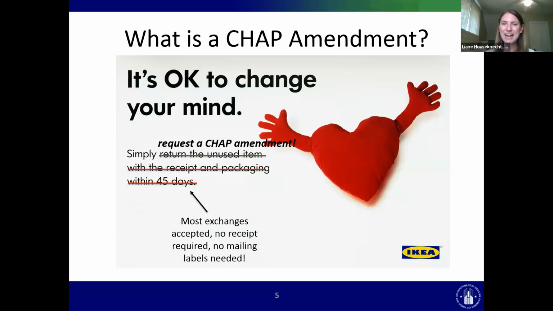We know when you applied for RAD, you just kind of had a general idea that you wanted to convert, but you hadn't done your due diligence yet, right? You maybe didn't have a full sense of what capital needs your project had, financing sources. It was just kind of your best guess at the time. So the CHAP amendment process allows you to kind of go back and reconsider things, the composition of your CHAP,